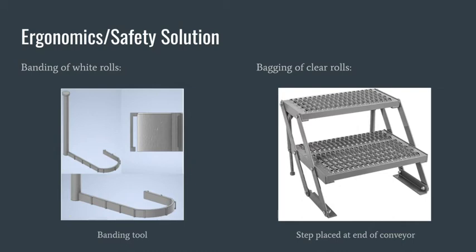For the banding of white, a banding tool shown on the left was developed by the team to eliminate some of the reaching and bending. This tool reduces the REBA score for banding to a 3, which is now low risk. For the bagging of clear rolls, the installation of a step platform should be implemented at the end of the conveyor so the workers can have a secure footing while reaching over the roll. This step would reduce the REBA score of bagging to a 7, which is now a medium risk. The team concluded these would be the best solutions because of the ease of use, low cost, and ease of